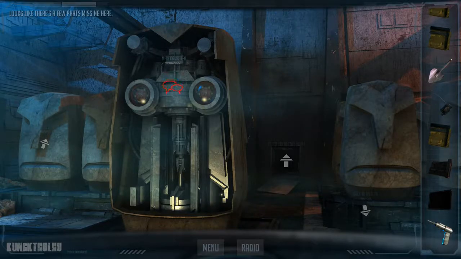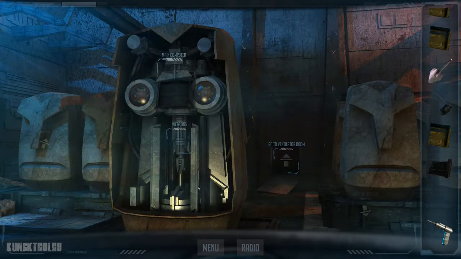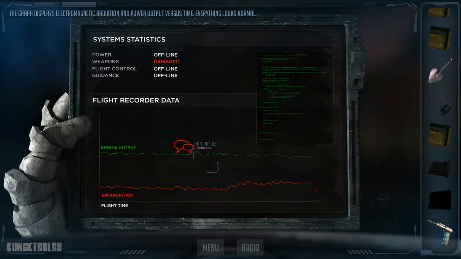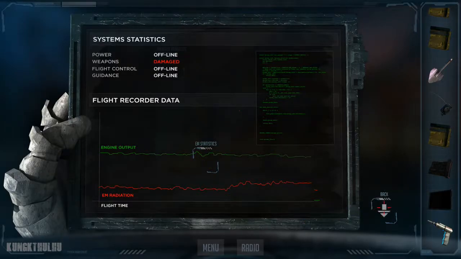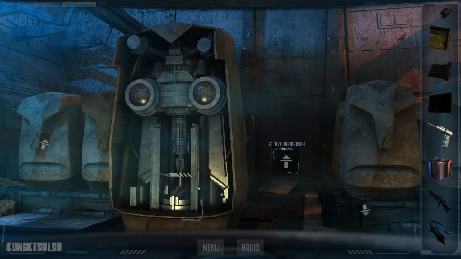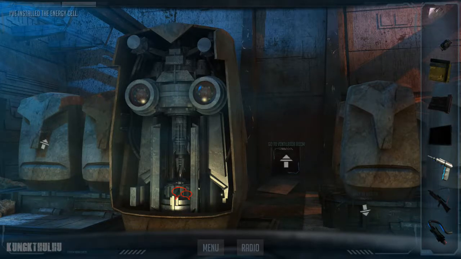Looks like there's a few parts missing here. The graph displays electromagnetic radiation and power output versus time. Everything looks normal. I've installed the energy cell.